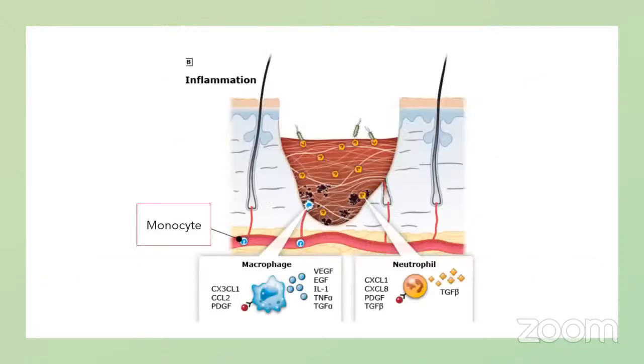So this is the second stage. That's the stage of inflammation. So here we can see the platelet plug. We can see in the dark blue color. They have activated. They have released all the cytokines and chemokines, and they in turn release all the